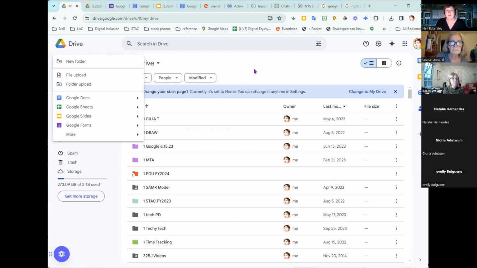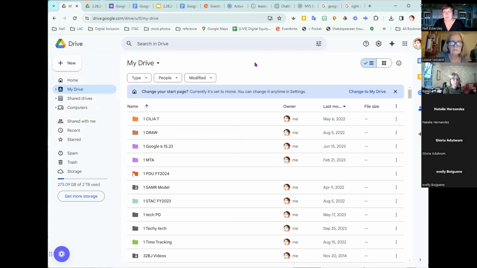But if you're not someone who has their Drive open all the time, or you don't want to deal with Drive and you just want to get right to it, what are some other ways to create a new file of any of these kinds? A new, maybe you want to make a new Google Doc or a new Google Sheet. How would you do it? You click on the new button that's in the corner.